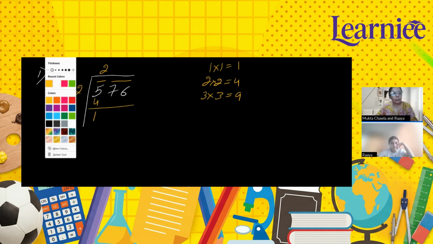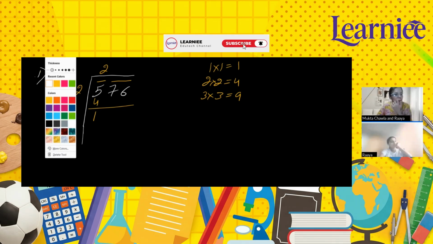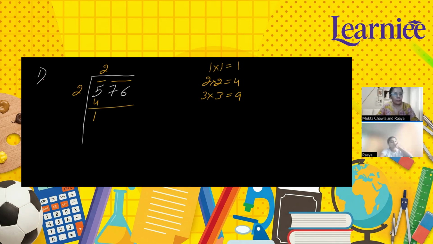I'm left with only one digit, right? Last time I told you one rule, that we will be doubling this digit. 2 will become 4. I have doubled the digit. But now we are left with 1 only, and 1 cannot be solved with 4. So what we need to do here is carry down this 76. Understood?